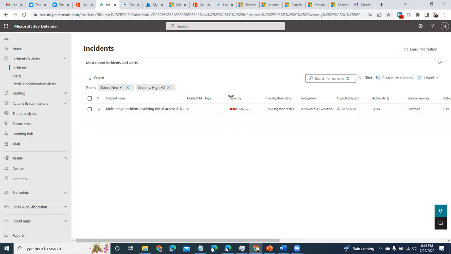That's why there's another part of the Microsoft career path called security operators and analysts, because the security operator and analyst is responsible for managing this. But as an administrator, this is where you'll be able to see all the incidents that are occurring in your environment. As you can see here, I have a multi-stage incident that is involving initial access and discovery on one of the endpoints. I will come into looking into this.